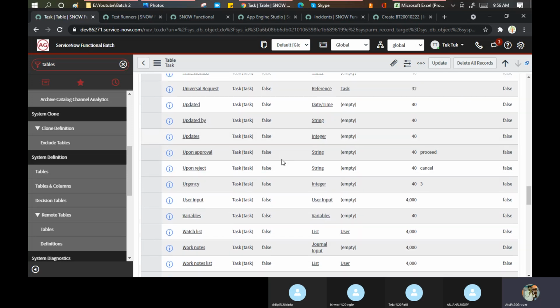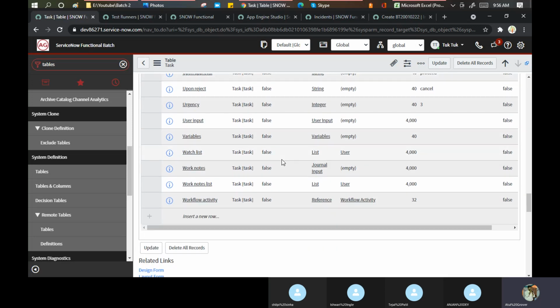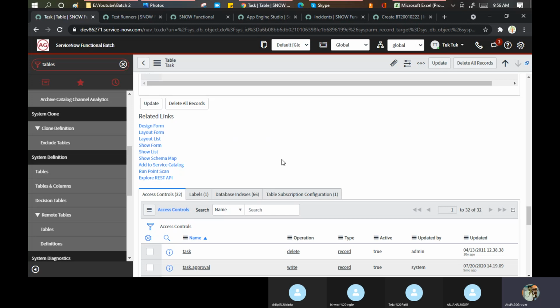In that case, instead of writing a lot of test cases again and again, better we use ATF. I know these are the standard ways to perform incident testing, change testing, problem management testing. So I write that, and then after upgrade, I use my ATF for the same.